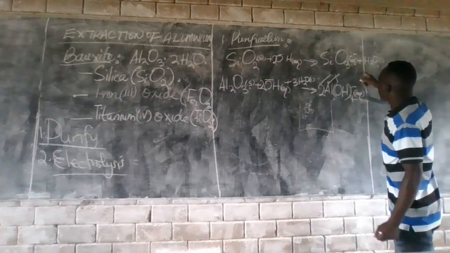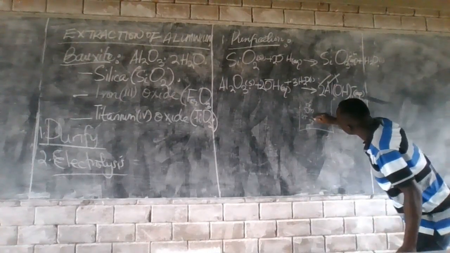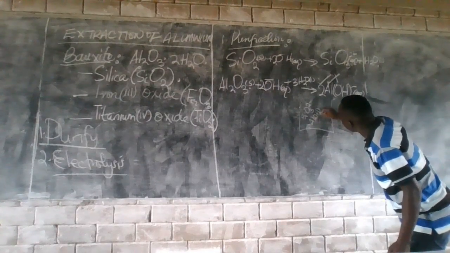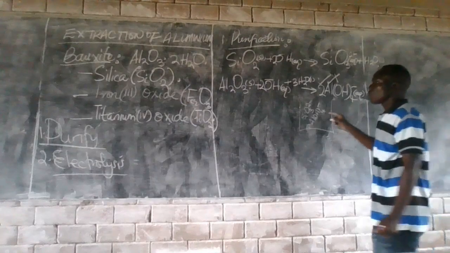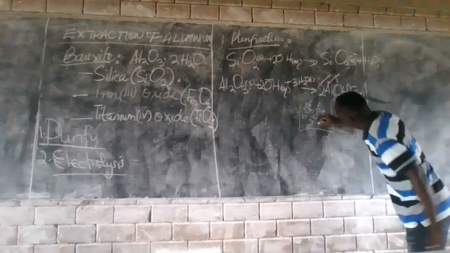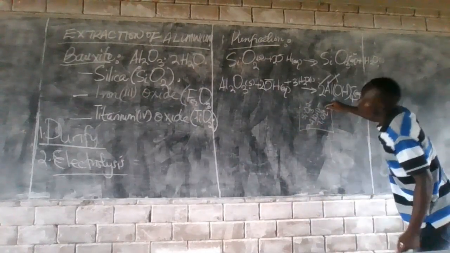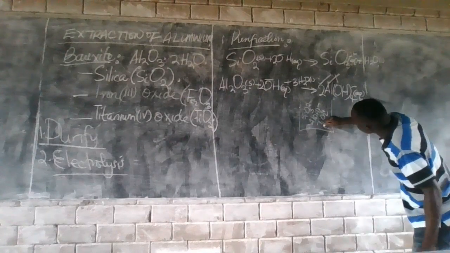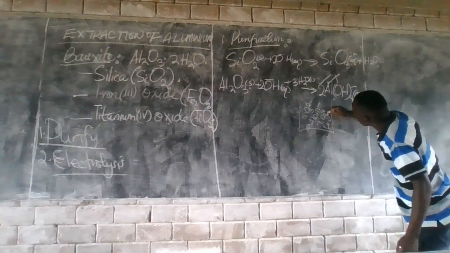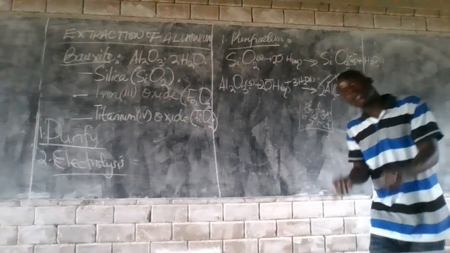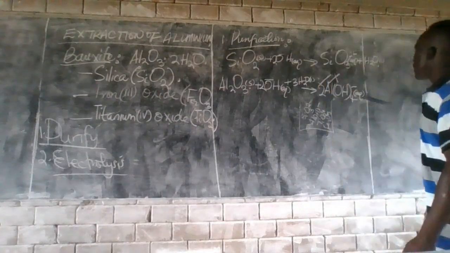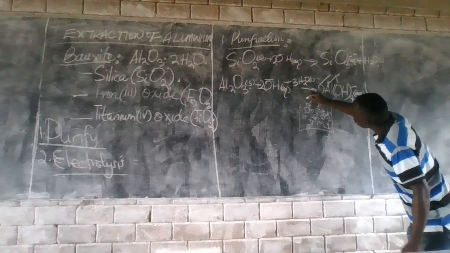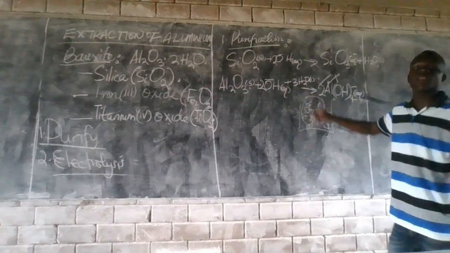We are going to have aluminate ion, okay? Here, we are going to have in solution, we are going to have also titanium 4 oxide here. We are going to have iron 3 oxide. So now we are going to take them and filter them, okay? When we filter them, we are going to have silicate ion and aluminate ion as